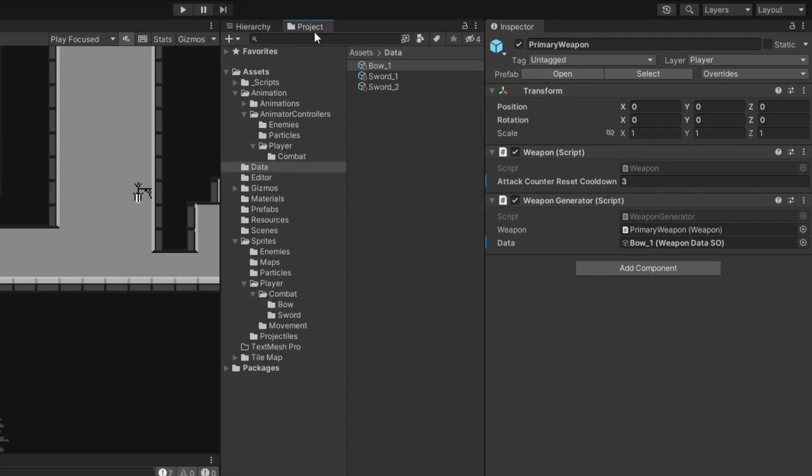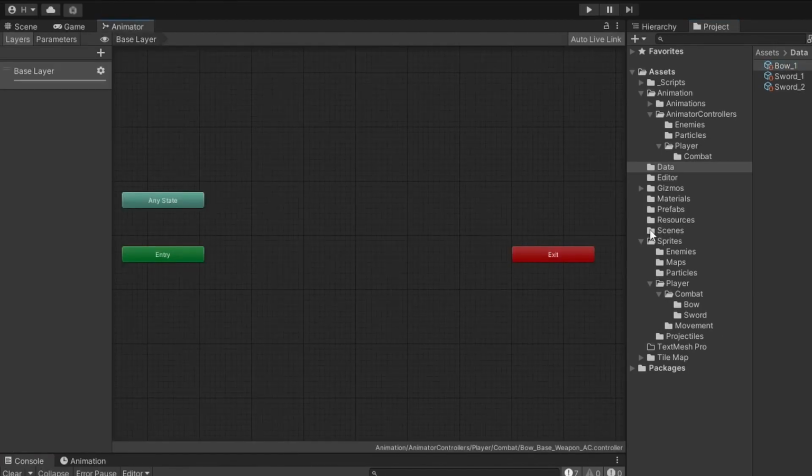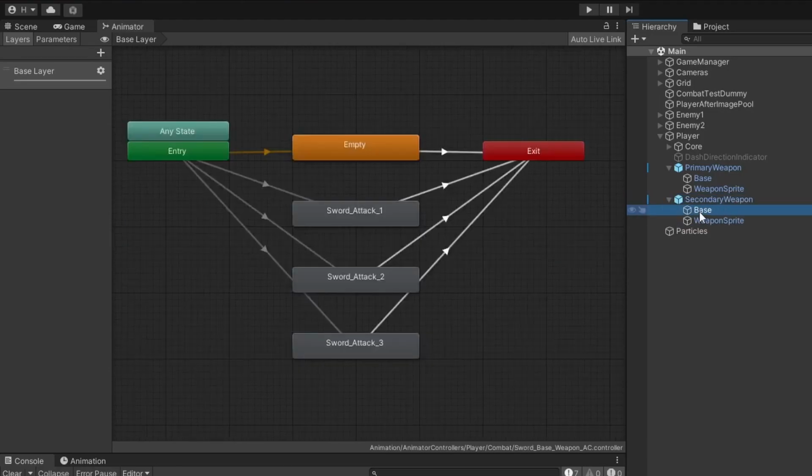Okay, so currently our bow is just a weapon that does nothing. It doesn't have any components assigned to it yet, and its animator is also completely empty. So this is a good time to talk about the structure of a bow's attack and how its animator is set up. So like I mentioned in the intro, the bow, instead of having 3 separate attacks like the sword, if we were to take a look at the secondary weapon instead, so over here, our sword is made up of 3 attack animations that happen in succession. The bow, on the other hand, is going to be a single attack